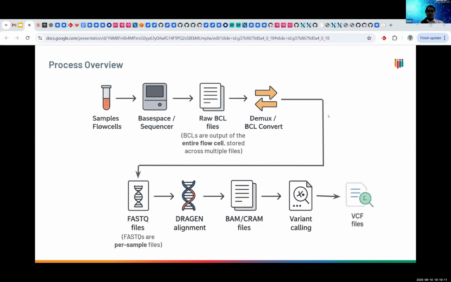Once we have the FASTQ files, we run an alignment step. So what does this alignment do? It takes all these reads and maps them against a reference genome so we can exactly see where each read belongs. Finally, the results of the alignment are stored in a format called CRAM. This is the version we keep for any downstream analysis of, say, variant calling, MRD detection, or tumor profiling, etc.